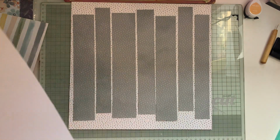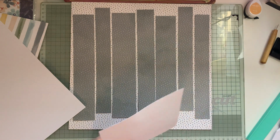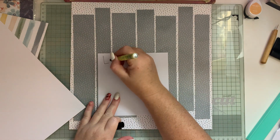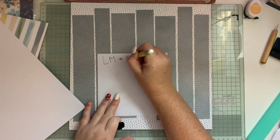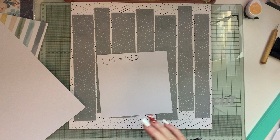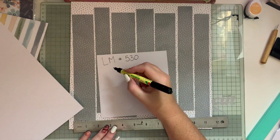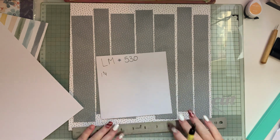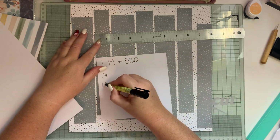So let's quickly write down what we needed. So again, this is Lasting Memories Challenge 530, and my strips were 1 3/4, 1 1/4,